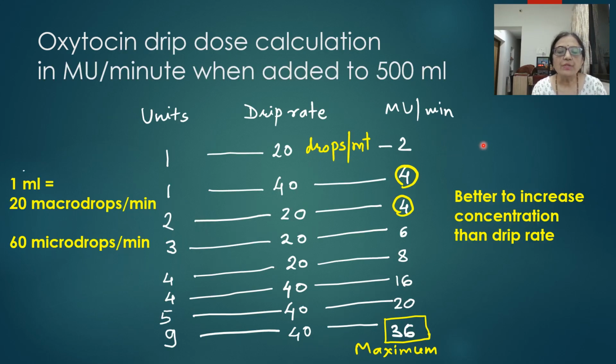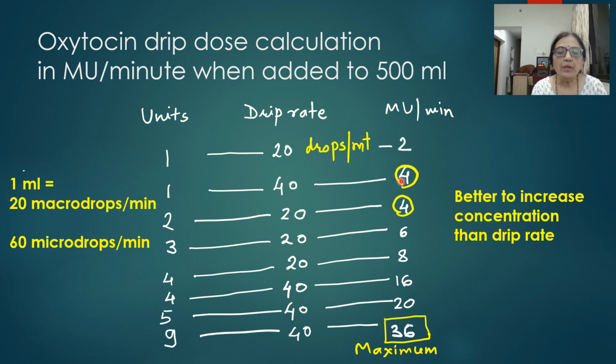Now this is a chart which I want all the consultants and postgraduate students to have in your labor rooms, so that whenever the patient is being given oxytocin either for induction of labor, augmentation of labor, or as active management of labor to prevent dystocia, anytime we are giving intrapartum oxytocin, this chart will be of great help. Here, again the same thing, 1 unit at 20 drops per minute is